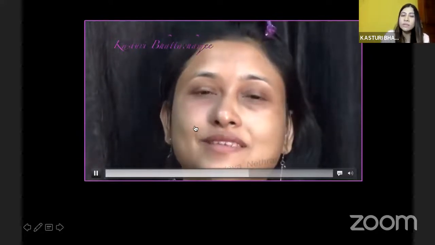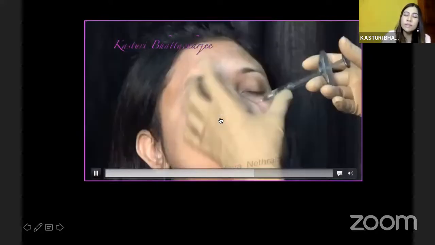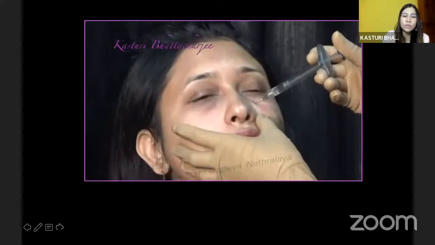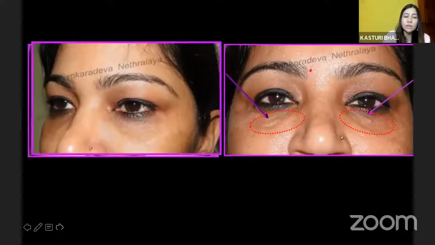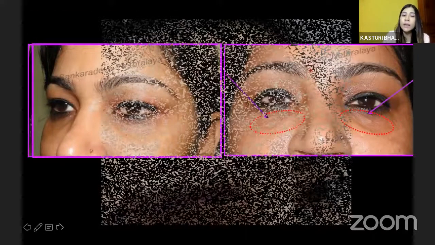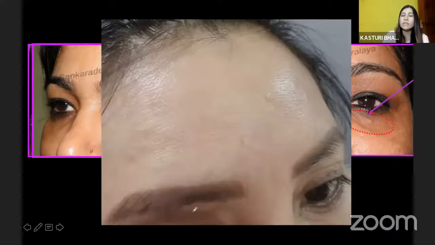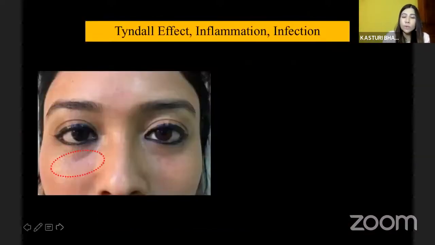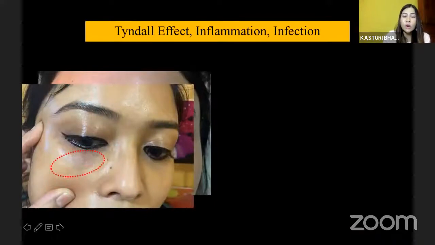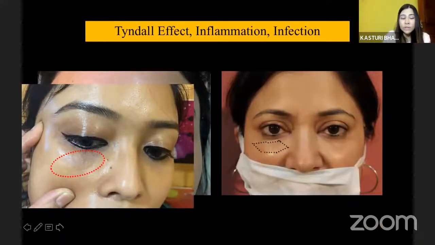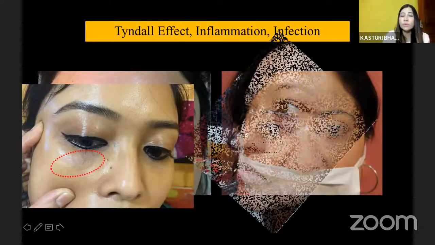Initially, all of us have started with the needle injection, and local site injuries are very common. The complications are very common with the tear trough. One can be in the form of lumps and bumps, as you can see here, and there's a solution to it, like hyaluronidase. And there can be other complications, like this case of Volite, where you give it for the skin, and you can see the small bumps here. It can also form other complications in the form of the Tyndall effect, which is better seen in daylight, or an inflammation, or a bruise.